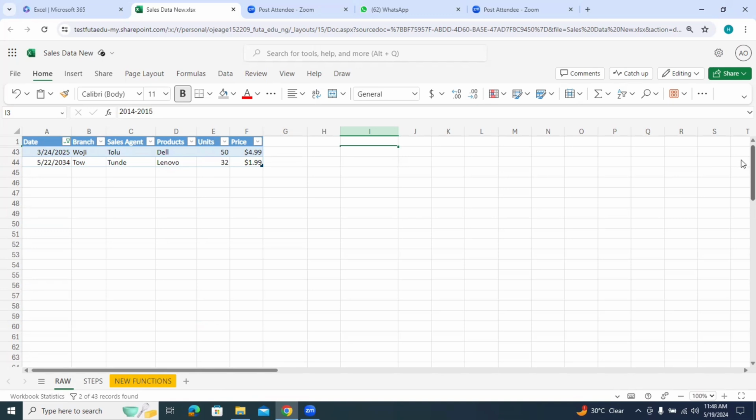So remember the last time I was teaching us, there are two common ways that we can solve this problem. The entries here, this is 2025 and this is 2034. You can look at this place and say, okay, the person that inputted the 2025 was just trying to put in 2015, because the data was actually only supposed to be for 2014 and 2015. So we can say this was supposed to be 2015 and it was an error on the part of the person that took the data. And we can also say that this